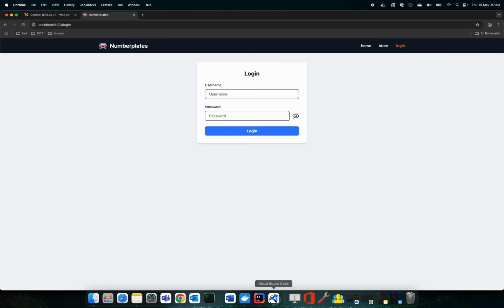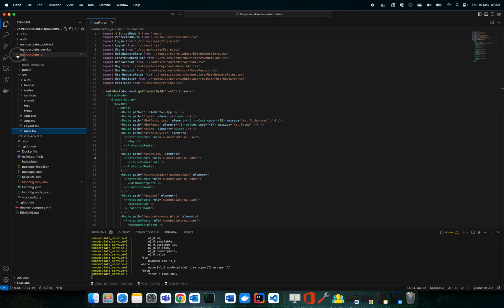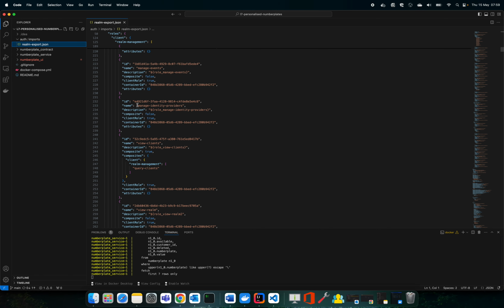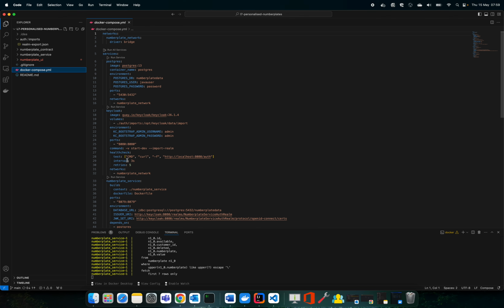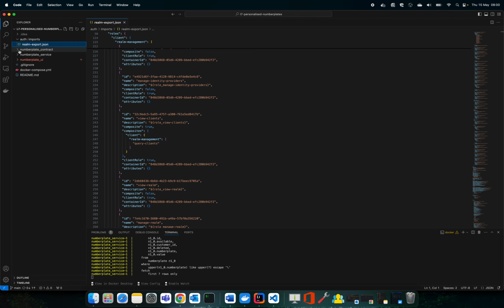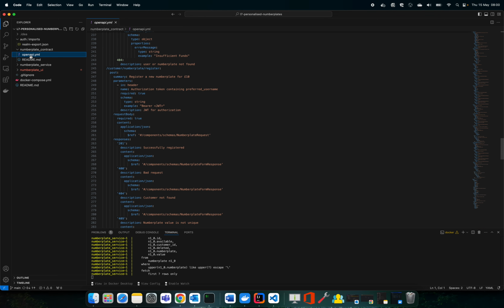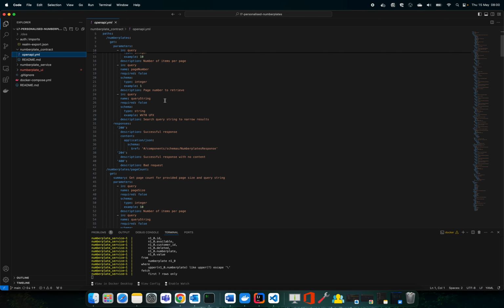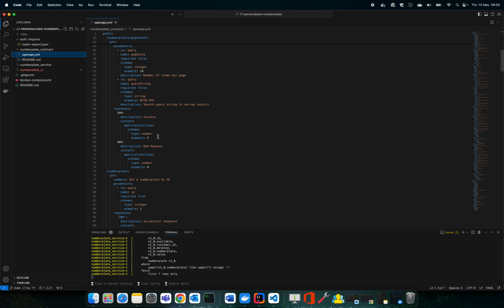If I show some of the code, if we start here, so we see this, all of our keycloak stuff comes from this auth here. We have this realm export from the Docker Compose. This gets imported. Where is it? Yeah, so we tell it, look here, get this and import all of these, and this is where the user stuff comes in. We've got an OpenAPI YAML, so this specifies all of the backend endpoint